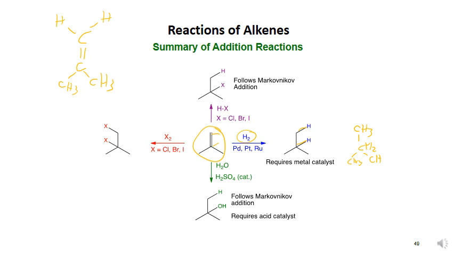If you're going to do X2, you get the same thing, but instead you're going to make chlorines that are attached on each carbon of the double bond. It's no longer a double bond. If you're going to then add